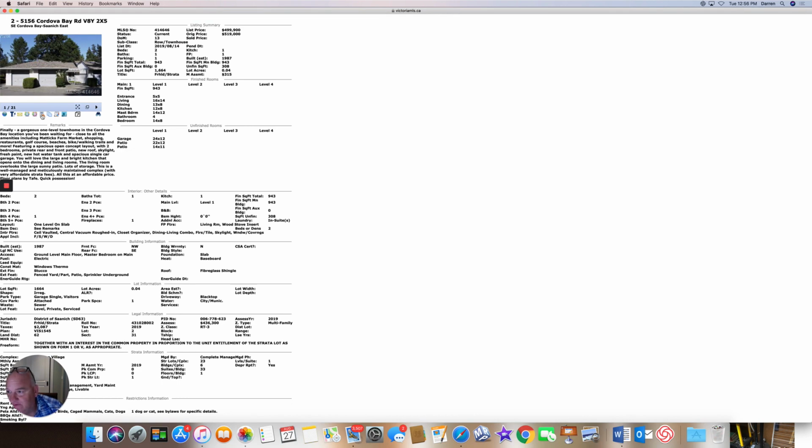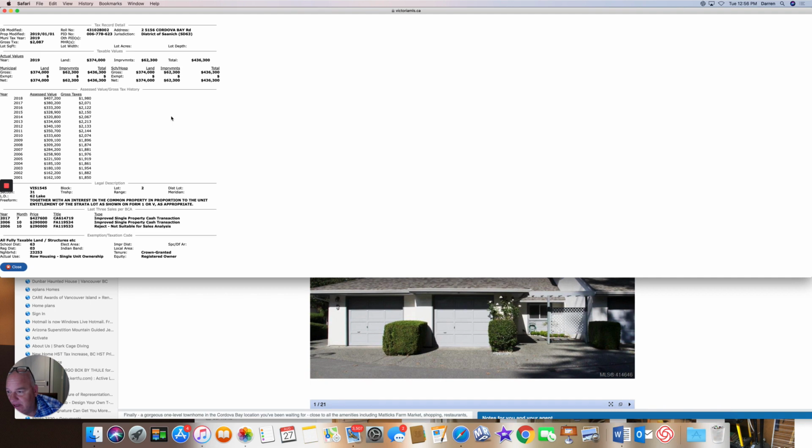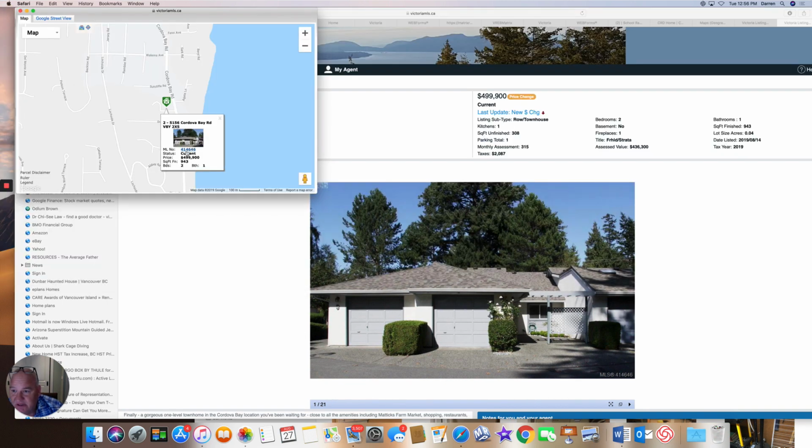But if you click onto the calculator, it will bring up the property tax record and show you the assessment of the land and the improvements, and show you all the different valuations or assessments over the years. It'll also show you transaction history on the property in this section down here. So very, very useful. But I'm just going to get out of this window too and go back to this link